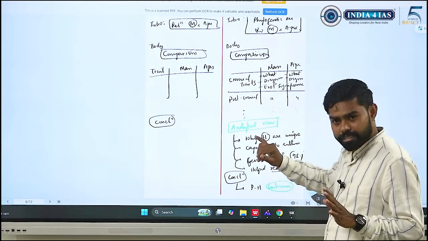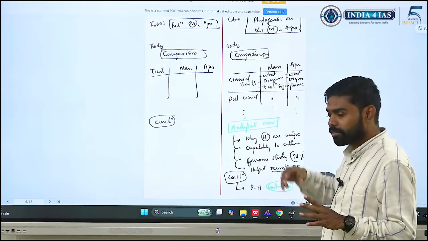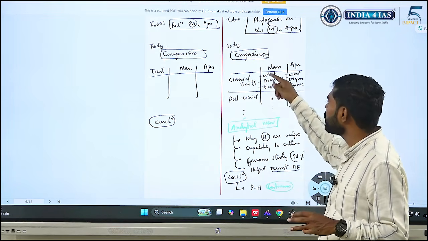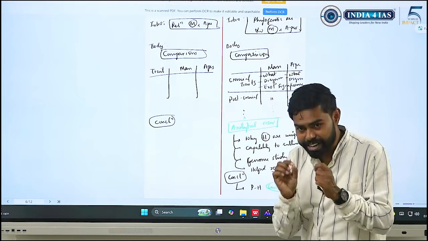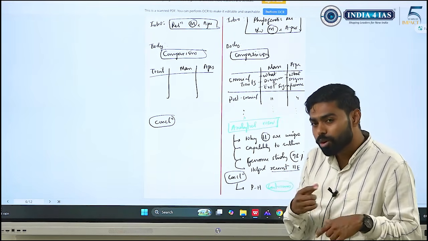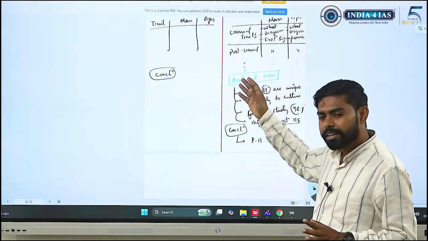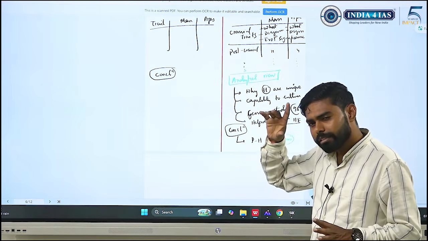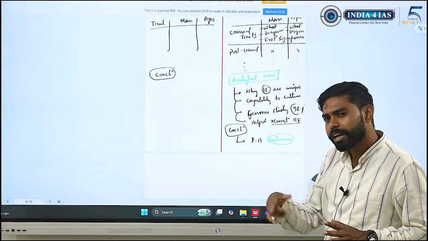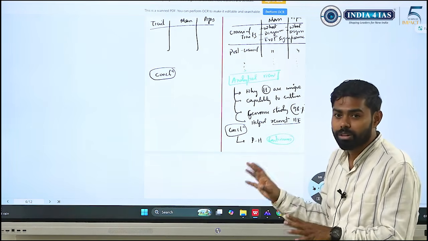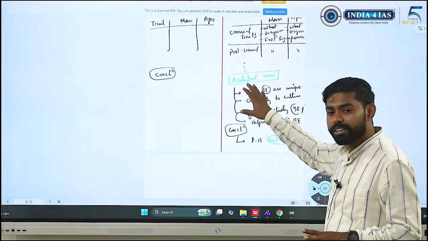What is that trait? And you can show the illustrative diagram and then the evolutionary significance. Under these three points, if you are writing for each trait, our answer starts to look more structured. Okay, and then the analytical view. Like I said, we need to bring that element which will showcase that we have understood things and that I have clarity over the concepts. So this is where I try to bring these dimensions.